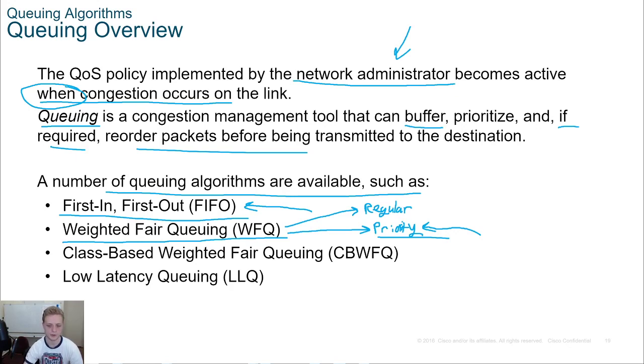So we have a few different options, and they're pretty standardized across the board. Then you have class-based weighted fair queuing, which to me works more like boarding a plane. So it's a lot more complicated than just a few lines, right? We have, first of all, we're going to allow our premium members,